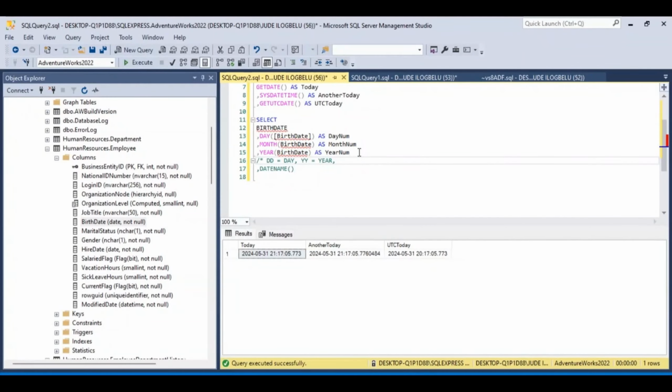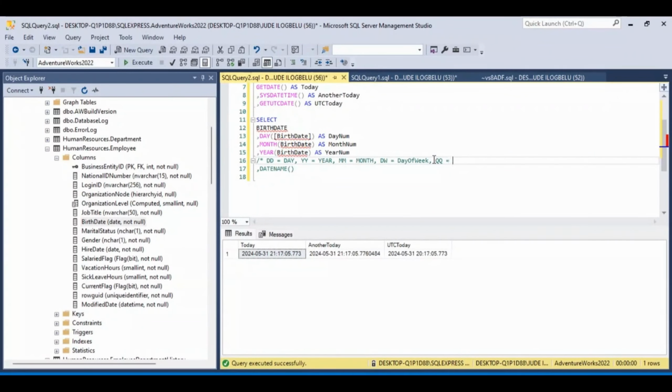Then MM is the same thing as month. DW, we can call it day of week. You see the way we write in SQL is very, very unique with SQL. So we always keep that format. It's very, very good for the SQL work, so that you don't get confused when you see it in a larger work. You also have QQ,